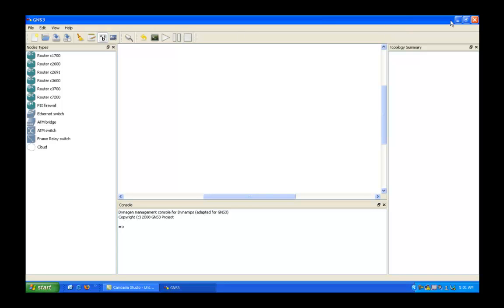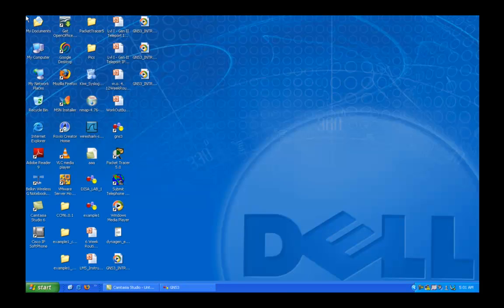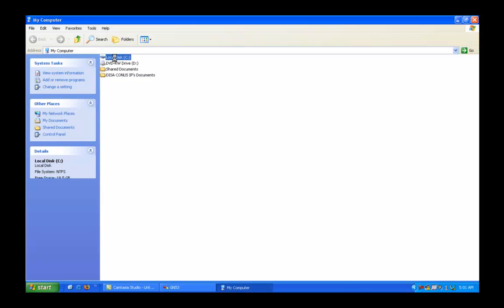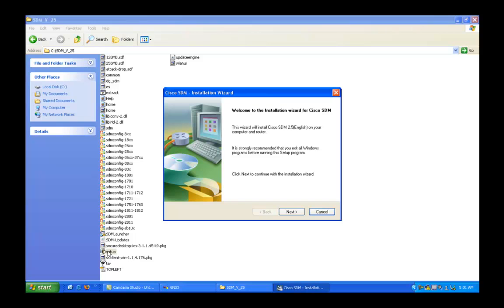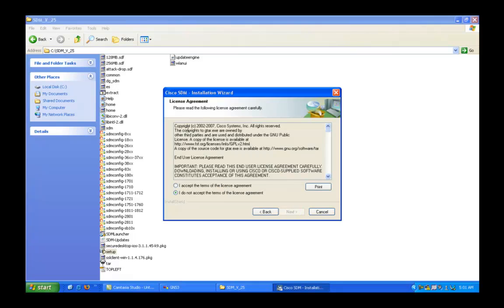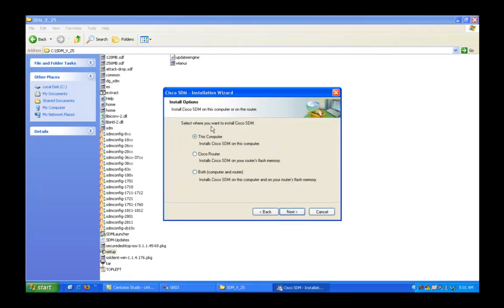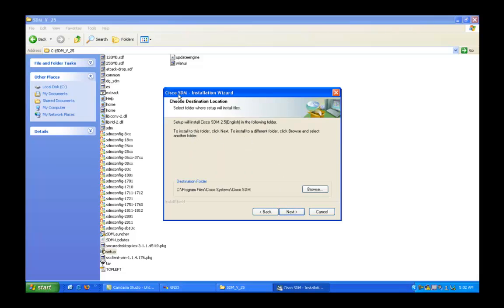So what we're going to do here first is install the Cisco Security Device Manager. Browse to where your security device manager is located; we're going to be running version 2.5. Click on the setup, click next, accept the agreement, and this is where we install the security device manager. You can install it on a computer, the Cisco router's flash memory, or both. We're not going to use the router's flash memory for this, so we're just going to install it on this computer. Hit next,